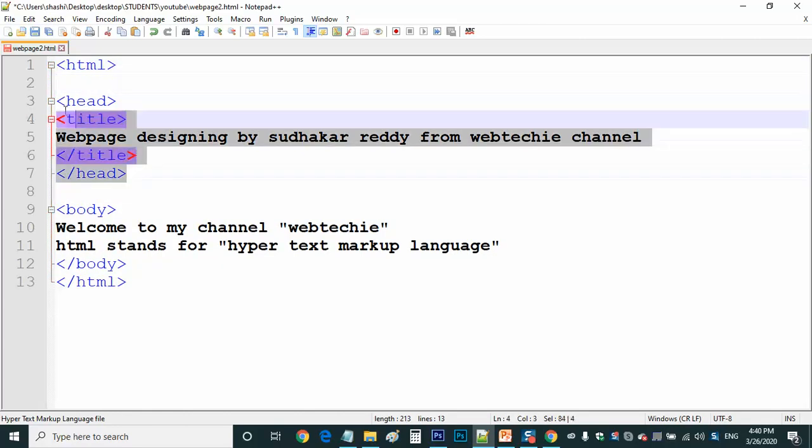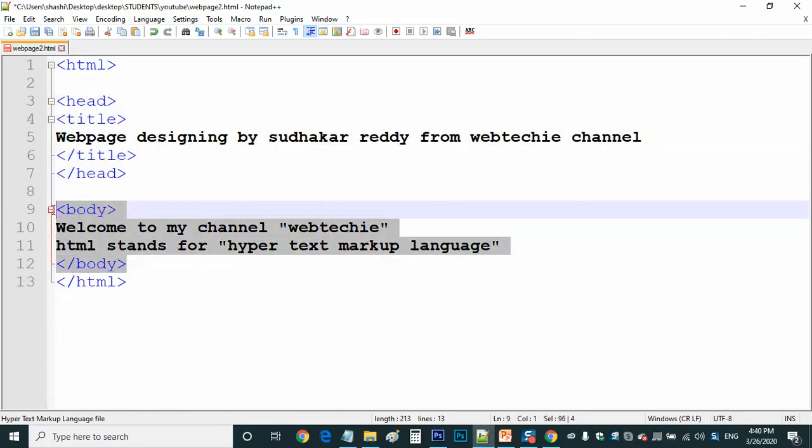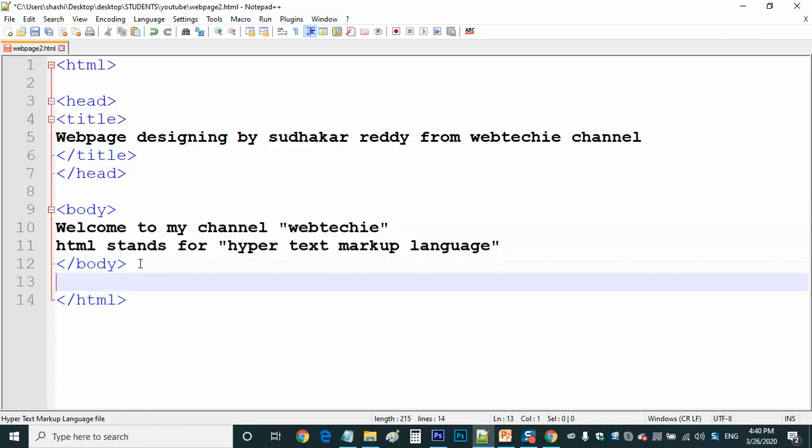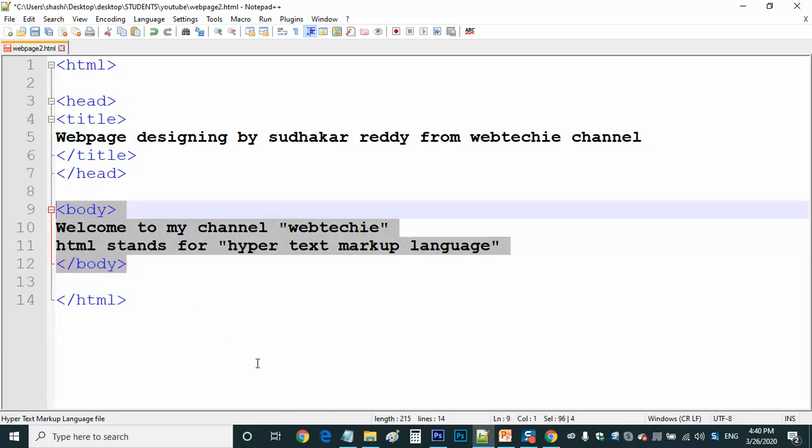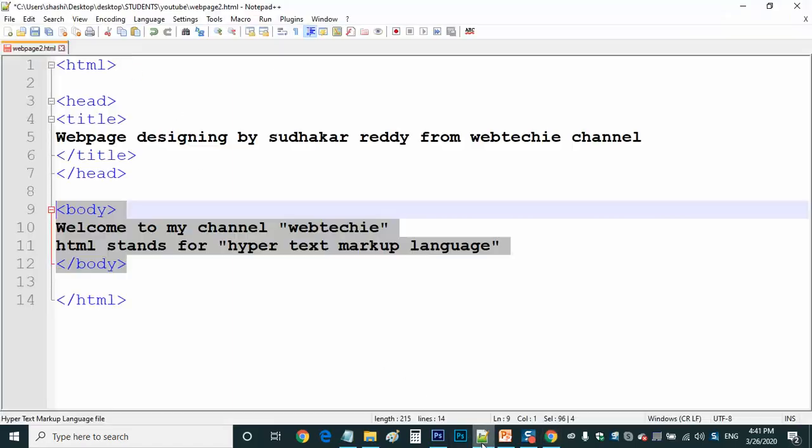The header portion is one section, and the body is one more section here, the body of a web page. So when you open a web page, this is the body and this is the header portion. From here onwards, whatever HTML programs we discuss, we'll write them like this. This is the basic template of any web page or HTML file.